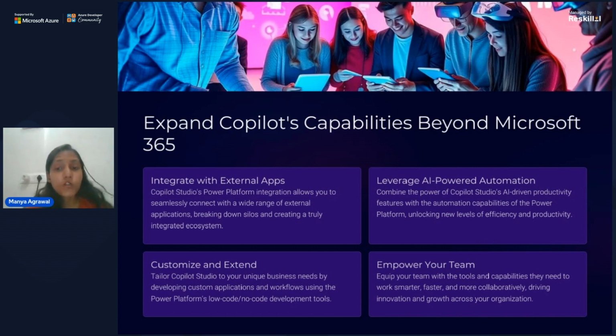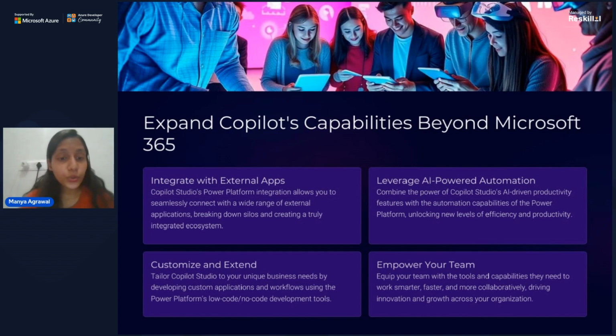Combine the power of Copilot Studio's AI-driven productivity features with the automation capabilities of the Power Platform, unlocking new levels of efficiency and productivity. So, if you combine the power of Copilot Studio and the automation capabilities, you can also unlock efficiency and productivity.